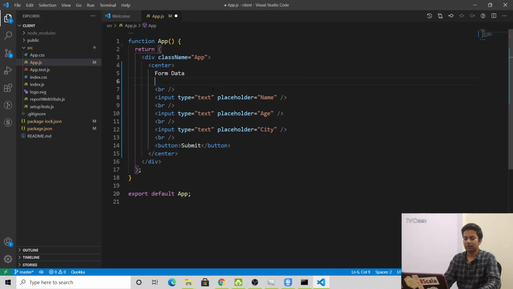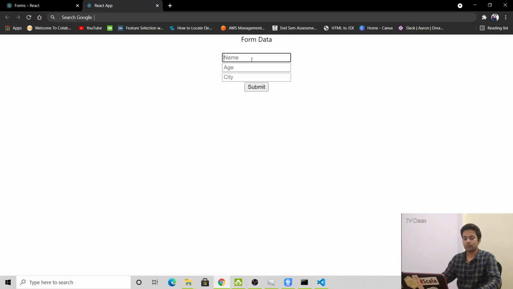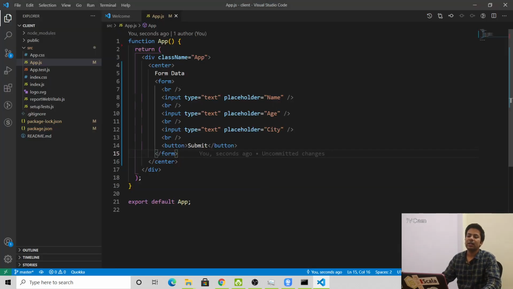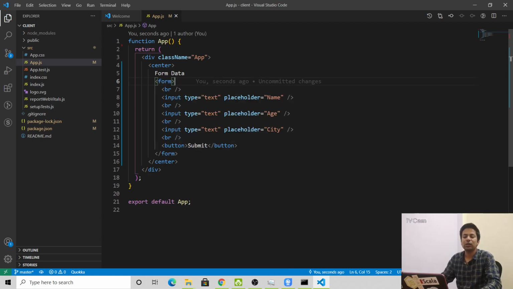So suppose I take a form tag, and now if I do the same thing, see, the page is reloading. We don't want the page to reload, because React's whole purpose is to stop page reloading and make it faster. We don't even need a form tag in React.js, but it's a convention used from the century, so we should use it.